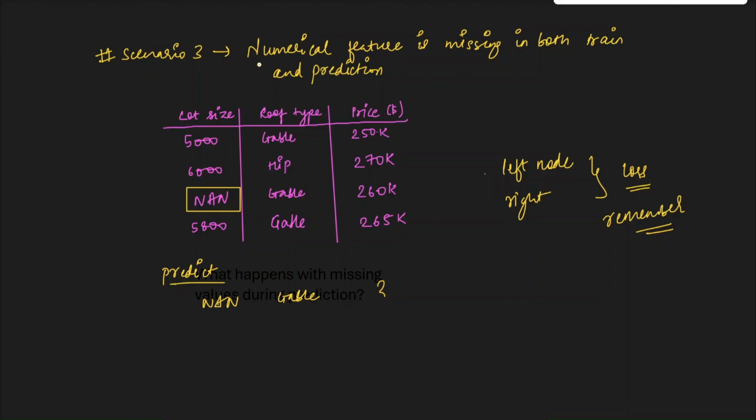So always remember that for a numerical feature, if our algorithm has encountered a missing value at the time of training, they will go down both the paths, and the path that leads to lower loss will be chosen as the default path for missing values, so that at the time of prediction, when again a missing value is encountered for that column, the algorithm knows which path to go down.